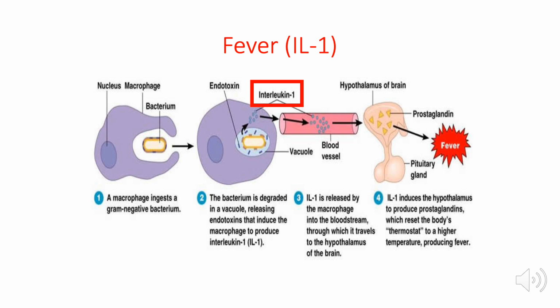Hypothalamus sets our body temperature. If the hypothalamus detects the presence of interleukin 1, it will reset our basal body temperature. So it will increase our body temperature, and that will now be referred to as fever. And the main purpose of the fever is to not allow the organisms to have a favorable environment for them to